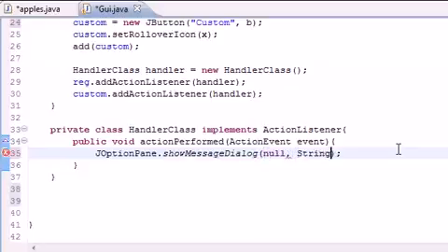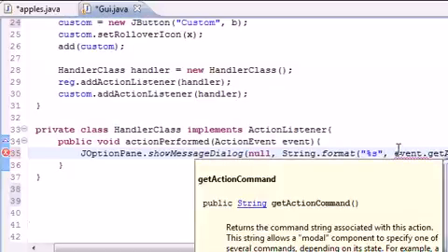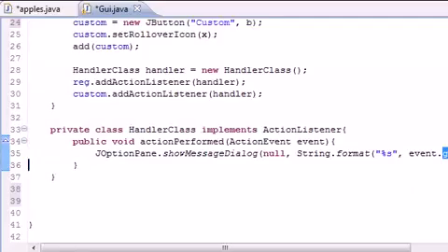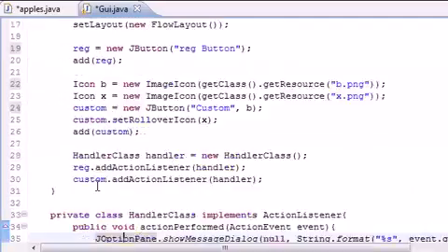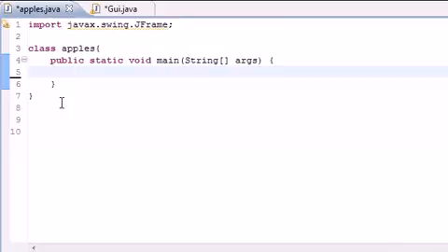And let's just go ahead and put string format, put some text on the screen. The first one will be nothing fancy, just %s, and the second argument will pretty much be event, and you'll see what this does later on. Nice little surprise for you. Get action command, just like that. And now I just got to make sure I don't have any errors, and now that we don't, we can go ahead and call this main